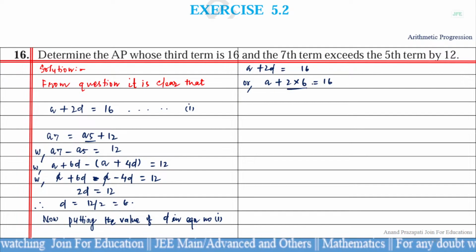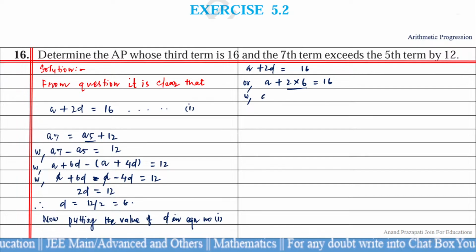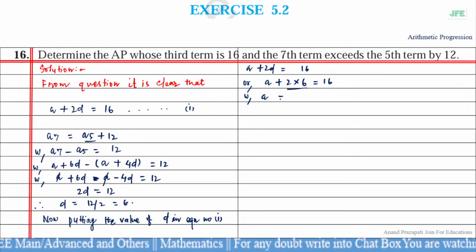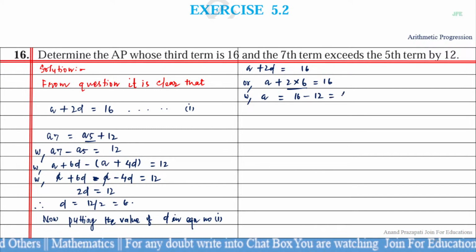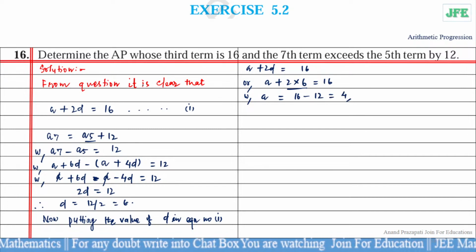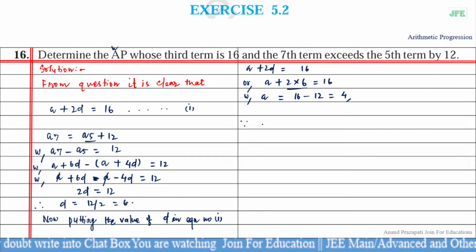2 into 6 equals 12. When 12 moves to the right hand side, in the next stage we get a equals 16 minus 12, which equals 4. So this question asks us to determine the AP. So here the required AP will be